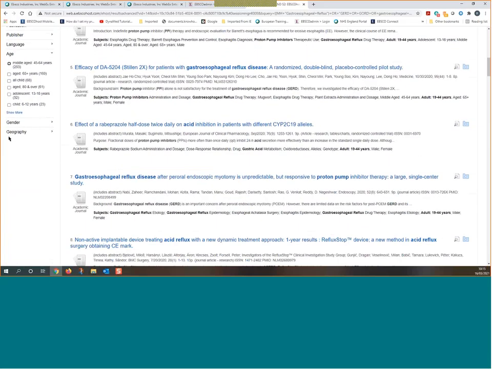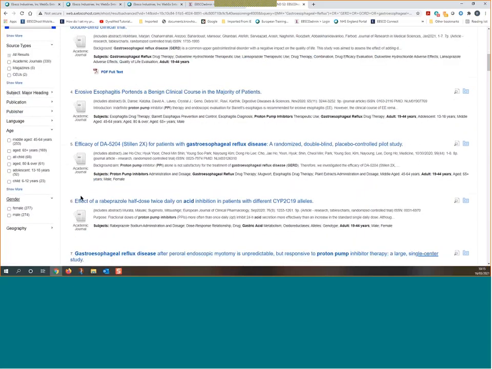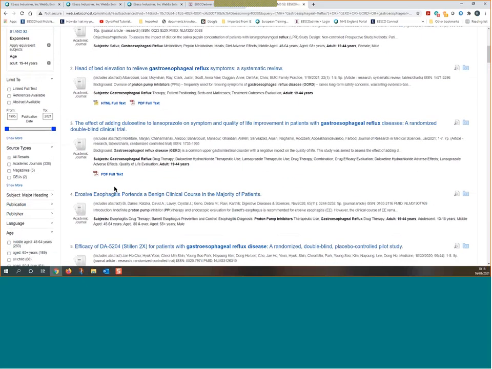And then gender also. So again, you can choose male, female here, whichever would be preferable. Now the age and gender, by the way, just to add, they are part of the indexing for CINAHL. So it's based on the indexing, so where those age groups have been assigned, you can see that with some of these records here. So for example, if we look at this one, see here, adult 1944, but if you